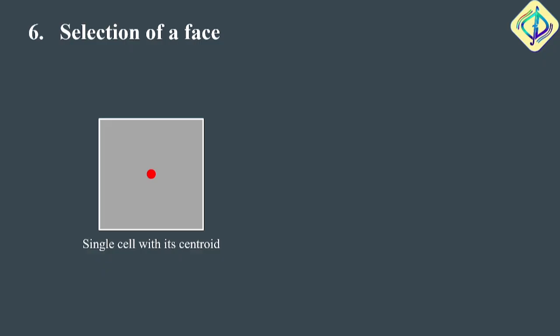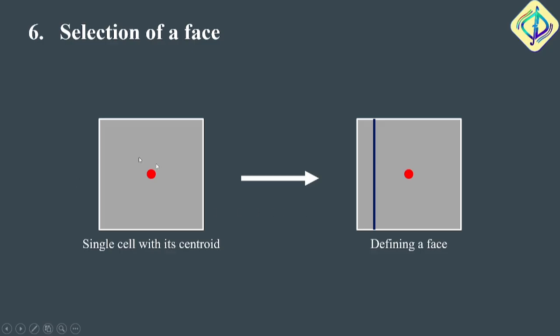Now, when speaking about defining a face, again, it's really crucial. Say we have a cell, a single cell in your entire domain, and you have your cell centroid. This is a 3D cell, and this in blue is the face that I'm defining, on the left-hand side over here. When you're defining this face, you have to make sure that this face does not cross your cell centroid,